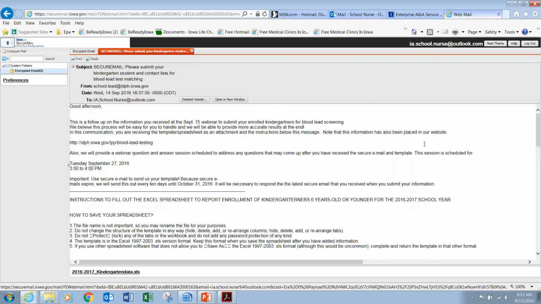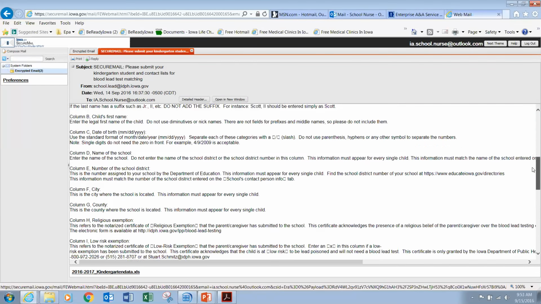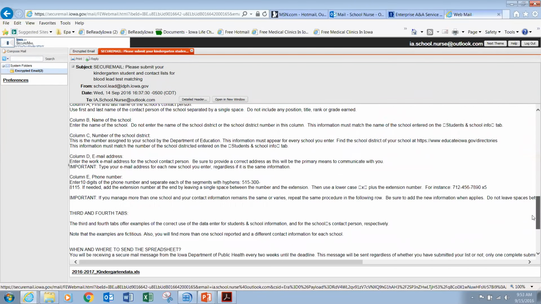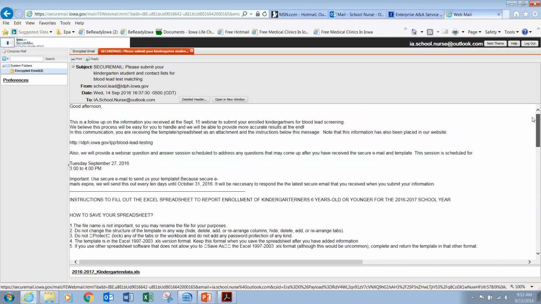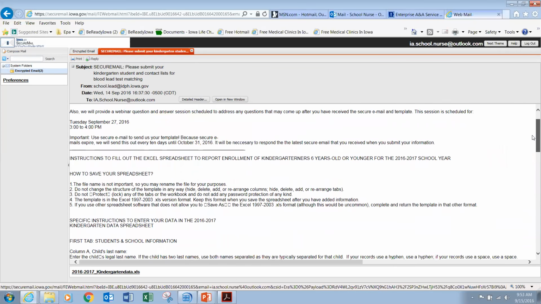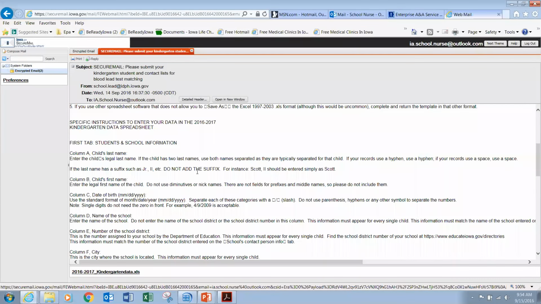Okay. So there's a couple things that I want to point out here. First of all, this is the body of the message that you'll receive. It's got some very detailed instructions here about the template, how to complete the template. It talks about many of the things that I already addressed, about what to enter. Do not use the child's suffix if there's a suffix involved with the last name.